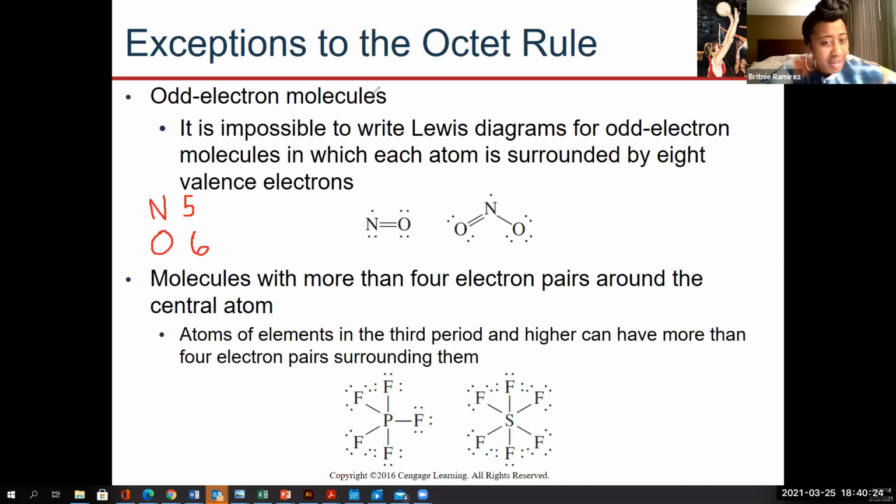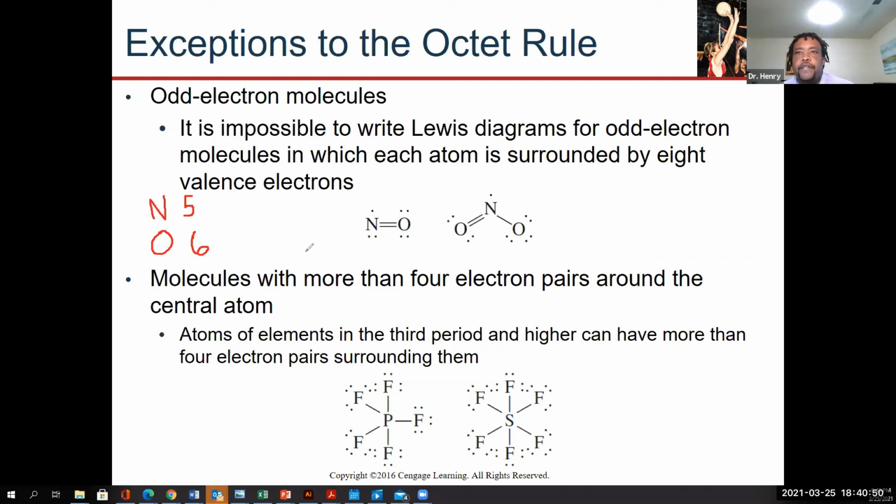The thing is that this molecule is very, very reactive. Both of these molecules are very reactive. The reason why they're very reactive is because they don't reach their octet, but they exist. Let me explain to you why they exist. If we drew the Lewis structure and did the formal charges on, let's say, the nitrogen,